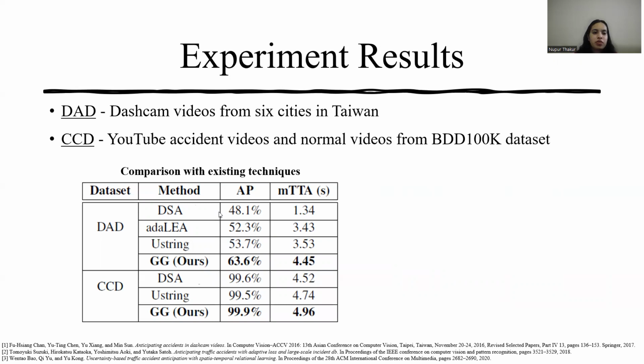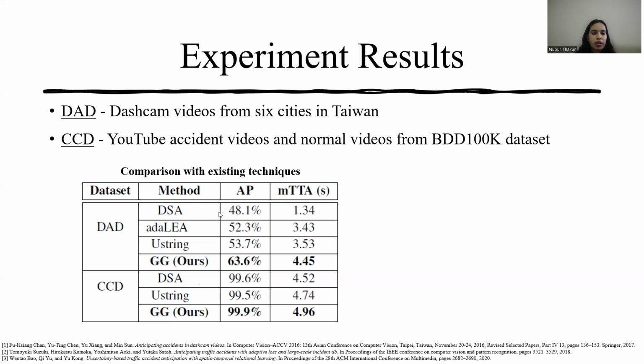The metrics used here are average precision, denoted by AP, and the mean time to accident, which is denoted by MTTA. From the table, it is clear that our method is able to outperform the existing methods in both the metrics by a large margin.